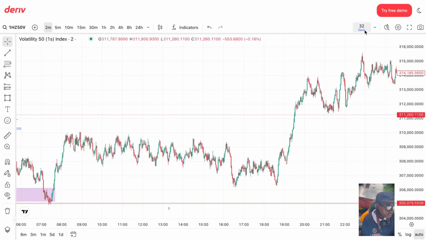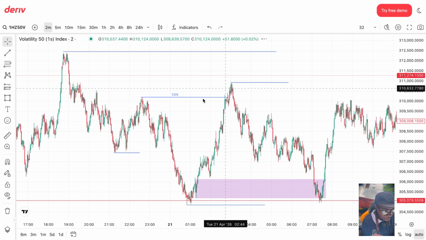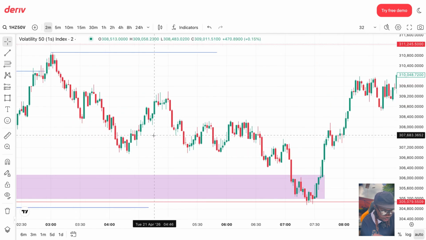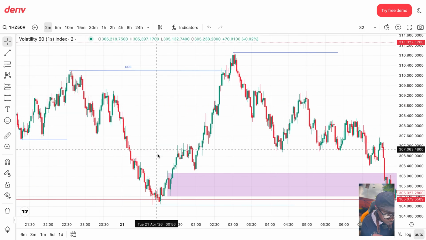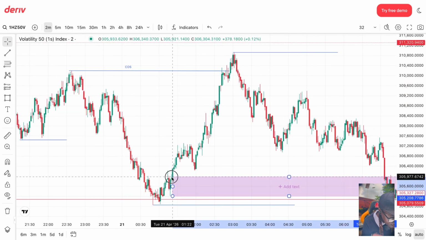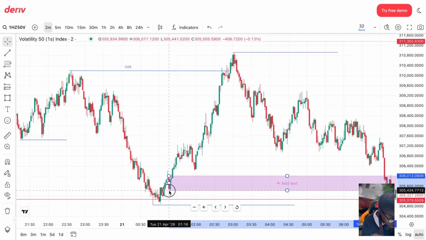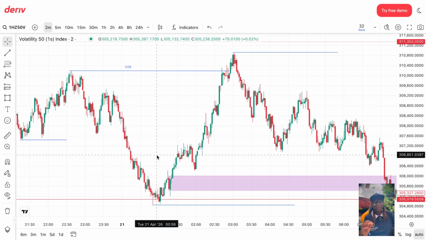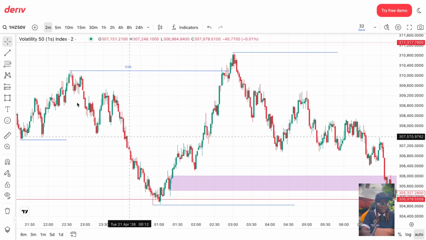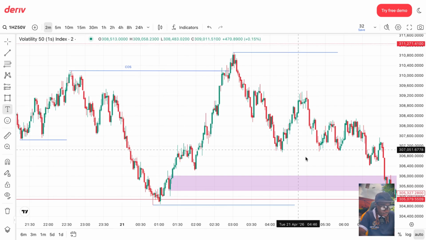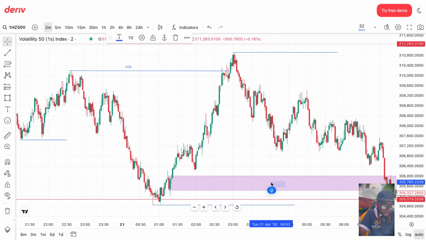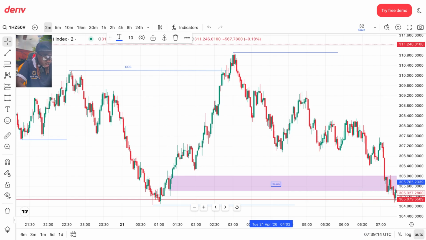So in my 2 minutes chart, let's see where the order block is. So this is my 2 minutes chart, and you can see order block is there. I refined it perfectly like that, and I found my entry. So that one was my perfect demand zone. So demand zone, let me mark it